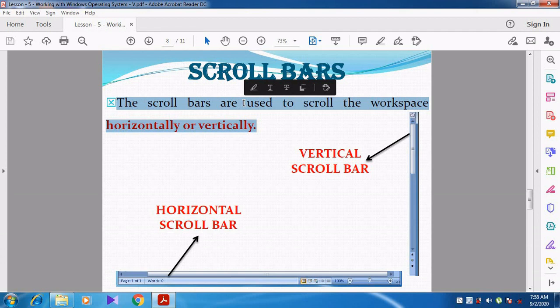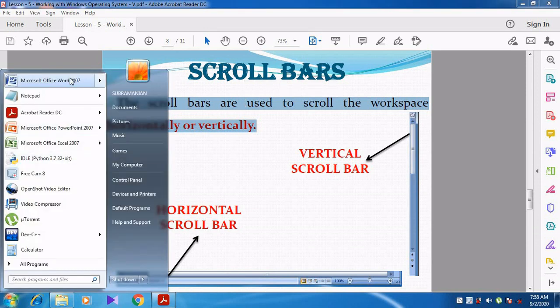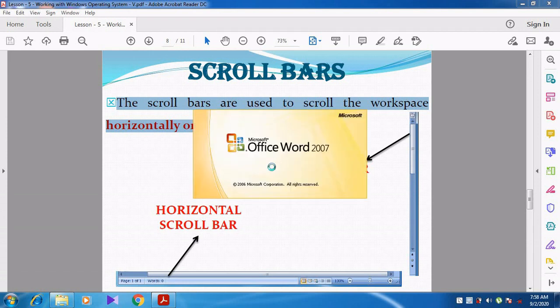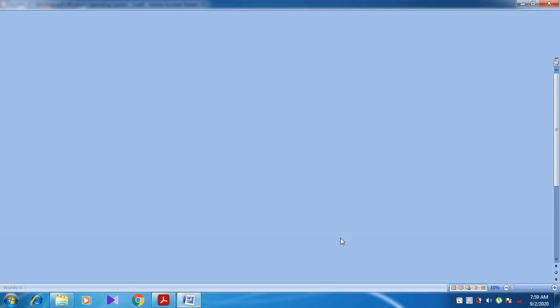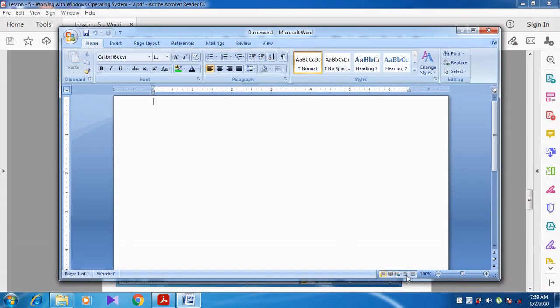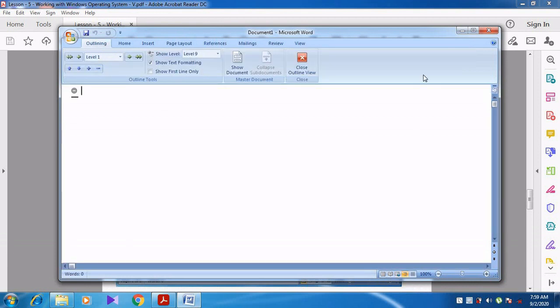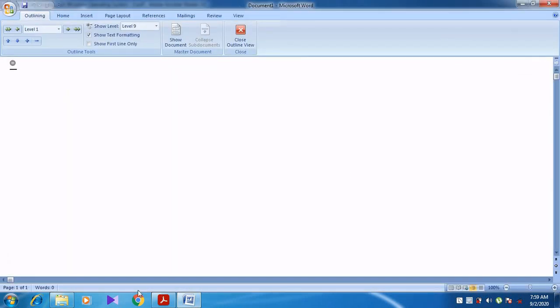If I want to move to the top again, I can use the vertical scroll bar. From top to bottom or bottom to top, I can use the vertical scroll bar. If I want to move left and right, see here, I am moving towards the left side. If I want to move towards the right side, then I can use the horizontal scroll bar.